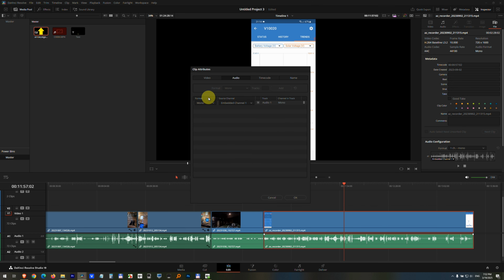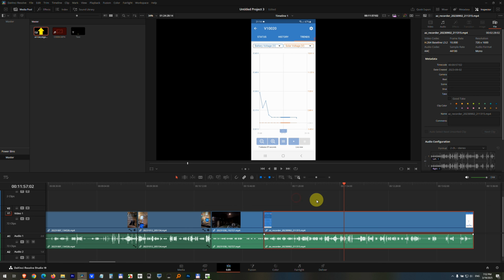Okay, so right click on that clip, click on Clip Attributes, go here to Audio, from Mono set it to Stereo, and the left channel has channel 1 and the right channel should also have, let's say, channel 1, because there is nothing else. So now in the left and the right speaker we will play the same sound. Close it with OK, and now